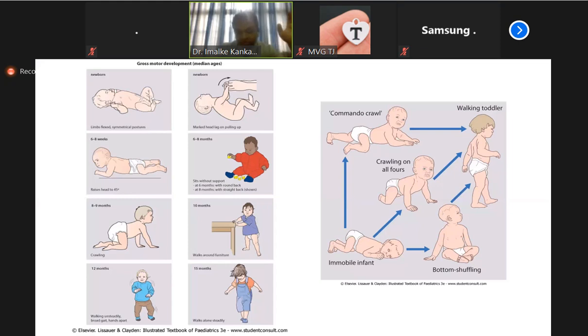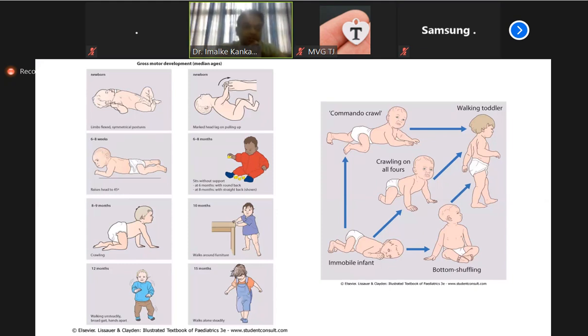So the chronological age of a 10-month-old baby will have social development about 11 months sometimes, but the gross motor development may be around 8 months. So in your exam, what is expected is for you all to give the relevant developmental milestone of each domain. And at the end, you can say overall, I think this child's overall development is like that,